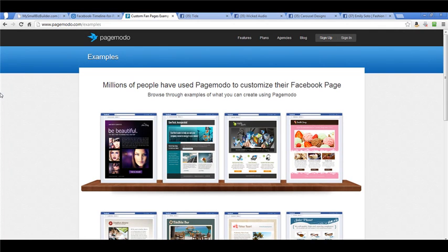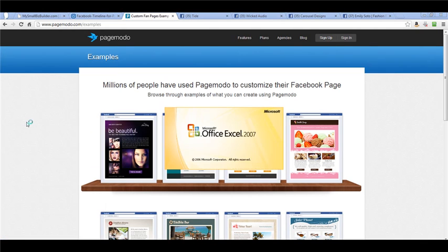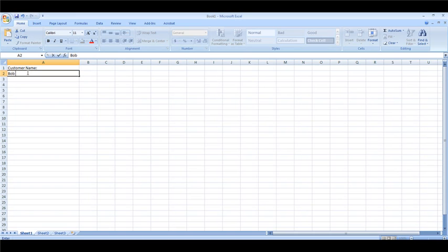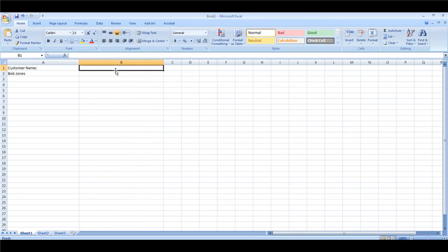Now, this is a great way to make money, but the way to make a lot of money doing it is to have a lot of customers, okay? If you have a lot of customers, though, you're going to be spending a lot of time doing this service. So I highly recommend, like I just said, that you outsource the creation of these pages. So what I do is I simply have an Excel file, and I'll show you exactly what I do. I'll put here, customer name. Okay, so if I was starting this again, maybe my customer's name is Bob Jones. And we call this work to be done, WTBD. And let's say he just wants timeline